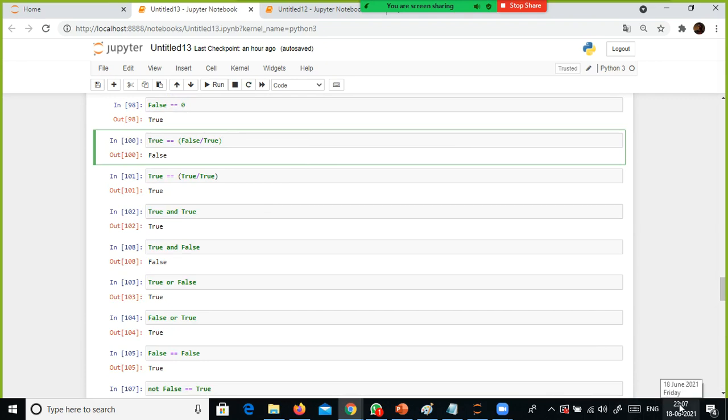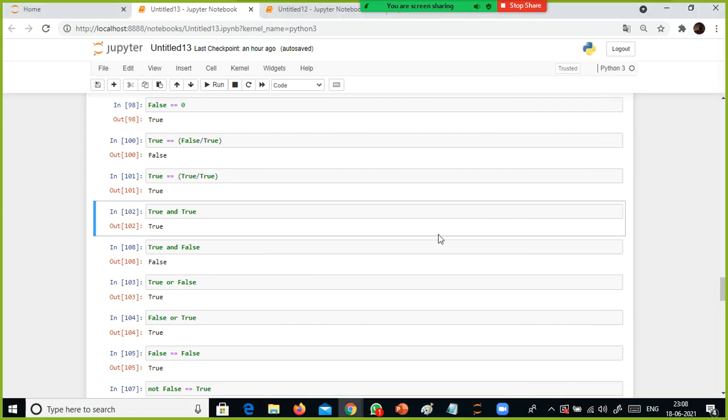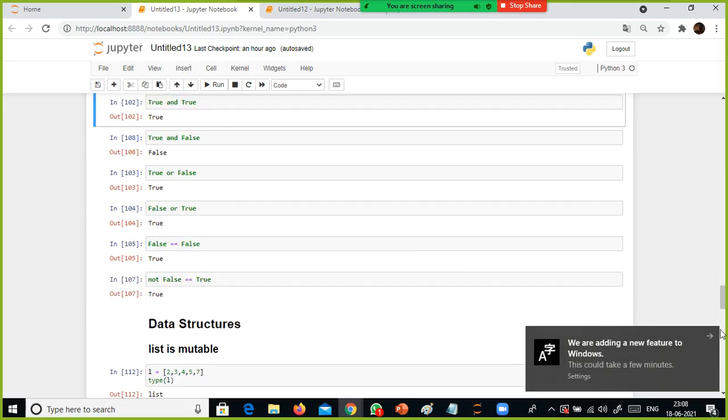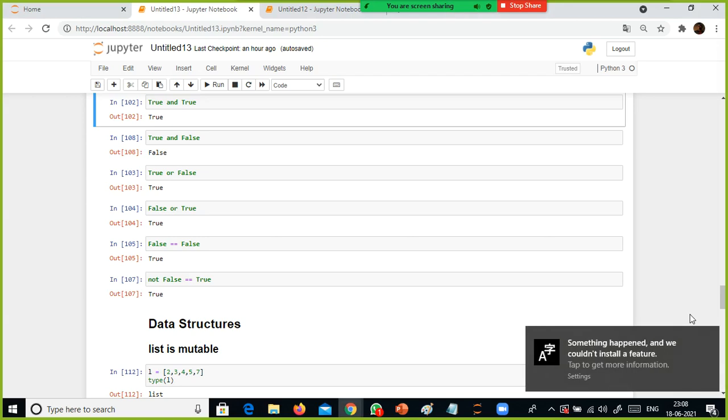Is it possible to have classes at weekends from next week onwards? Please bear with me till the end of this month. Because up to 4th and 5th I'm going to complete the current batch, right? From July onwards we will have it weekend night time. Weekend night time, yeah, that's fine. If it is other time also, is it possible on weekend?